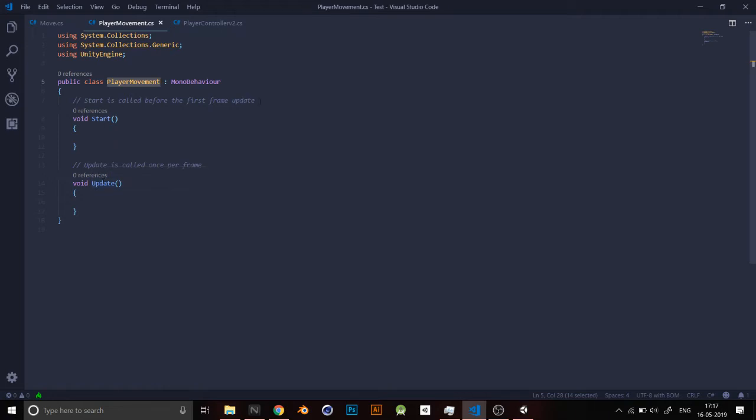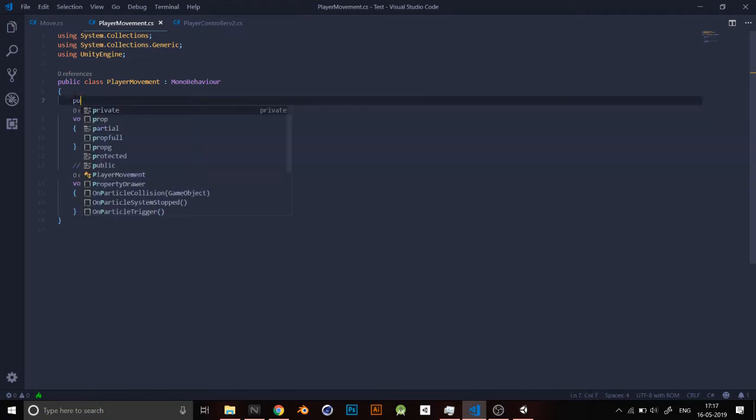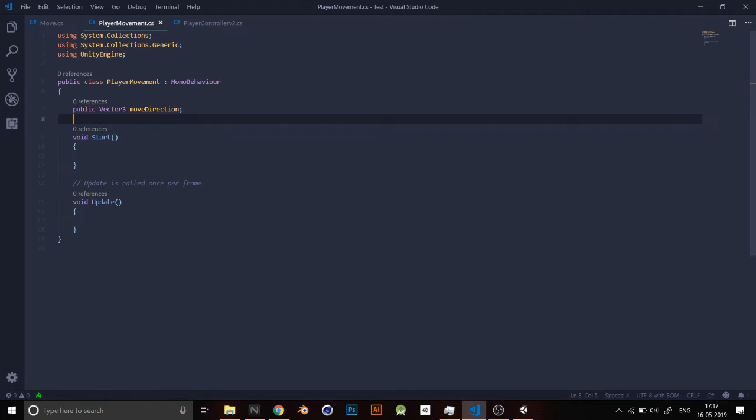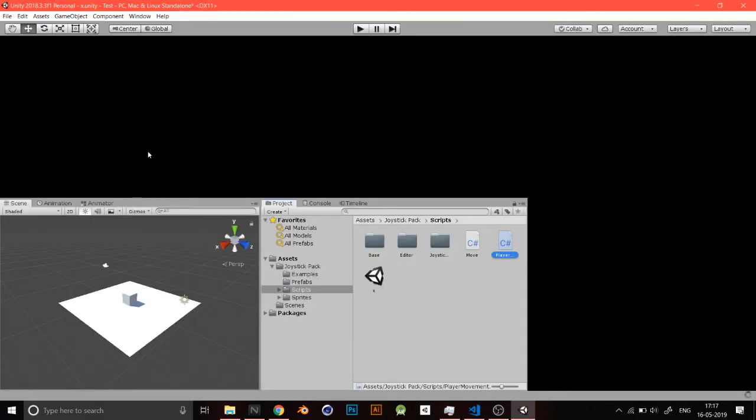So, as we were saying, the movement. First things first, for movement you need direction, and the direction component requires vectors. So you have public Vector3 moveDirection, let's say. The public refers to the fact that this can be accessed by other scripts and is open. This is quite similar to other coding languages as well. But here, public also refers to the fact that once you go inside Unity, you can